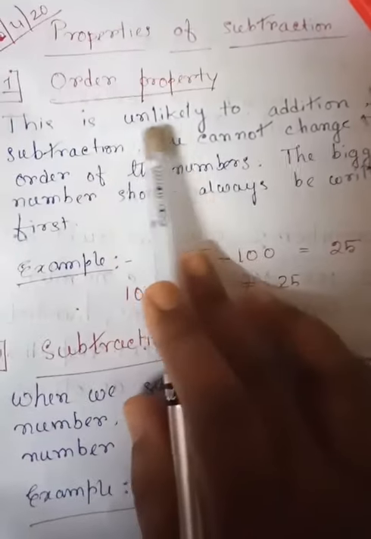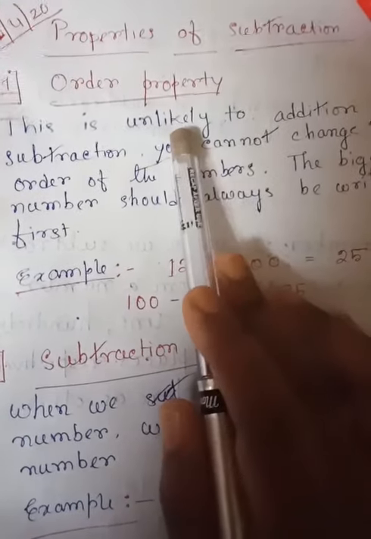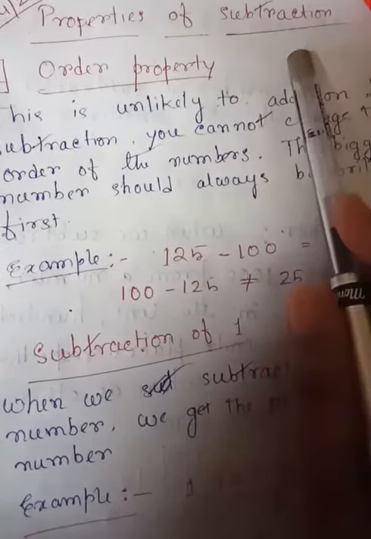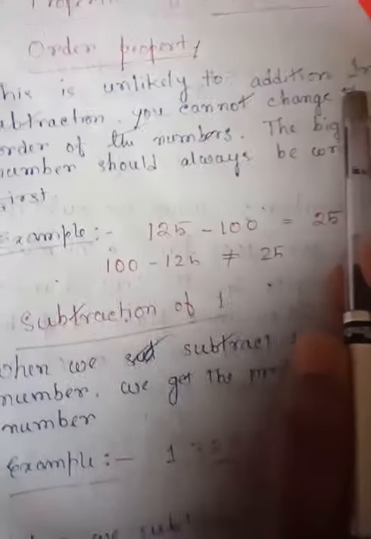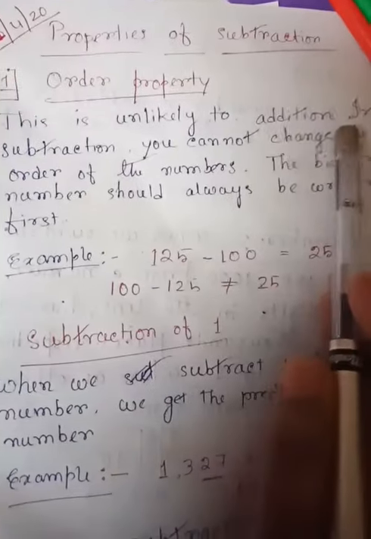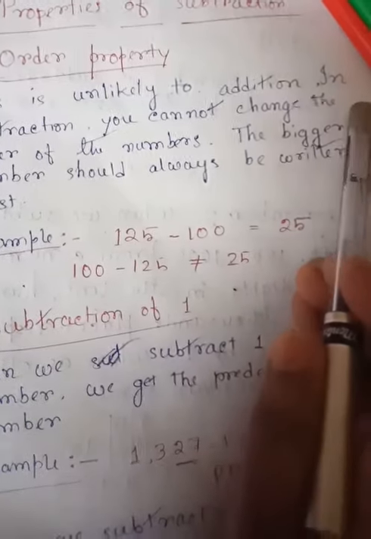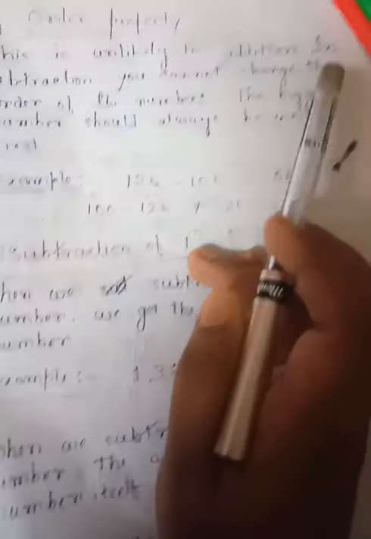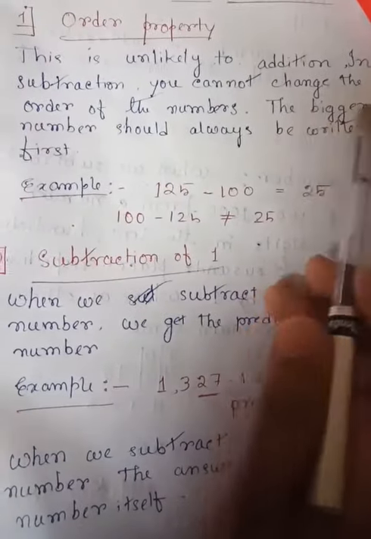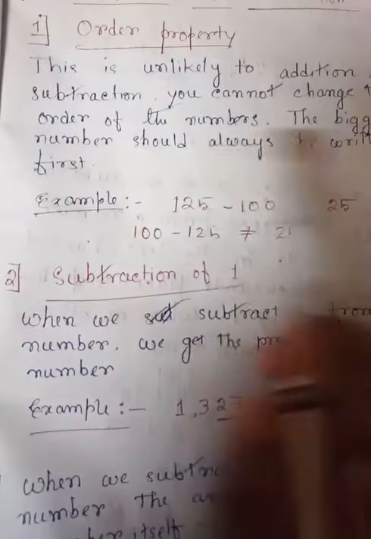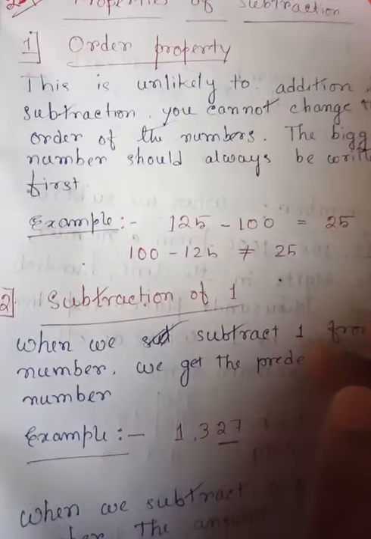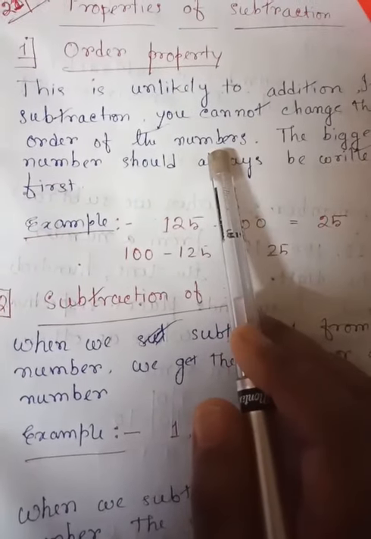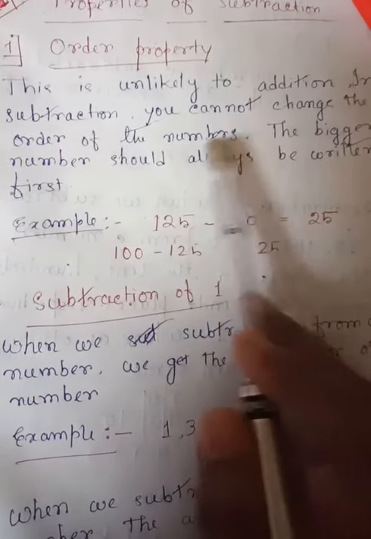But I have said it is unlike addition. That means here in case of subtraction, if you change the order, you won't get the desired result or you won't get the proper result. That means it is wrong. You cannot change the order in case of subtraction. And the bigger number should always be written first. That means whenever you have to subtract, you have to subtract the smaller number from the bigger number, as